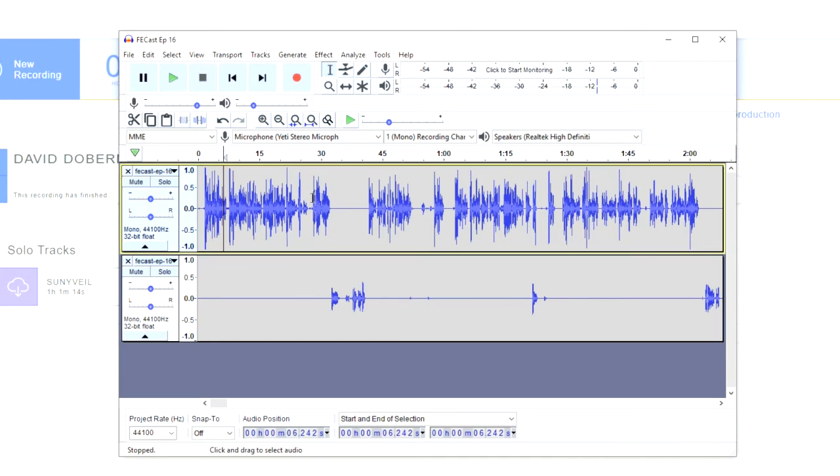So I go through the recording, listen for times where that happens. There's a sound coming from another track, or just sounds that we want to get rid of, and delete them like that. So obviously it would take a long time to do this just by listening to it. This recording is an hour, so I'm going to do this, which sets the speed up.